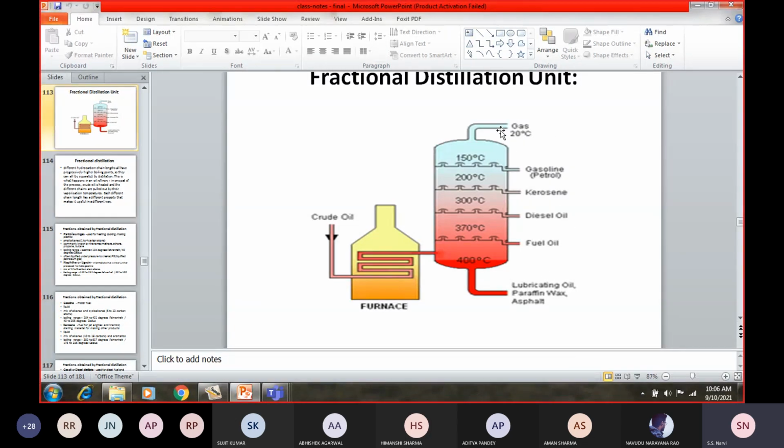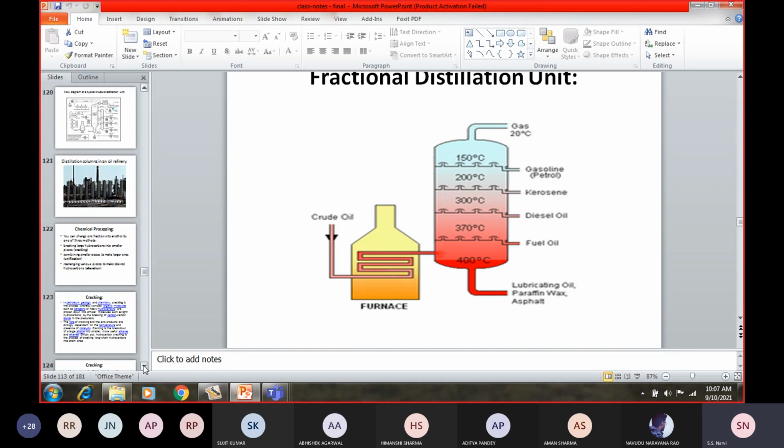Similarly, the gases will be fed into a polymerization reactor in a refinery, and the heavy molecular weight components will be fed into a cracking reactor, where the larger molecular weight components can be cracked into smaller ones. So this is how